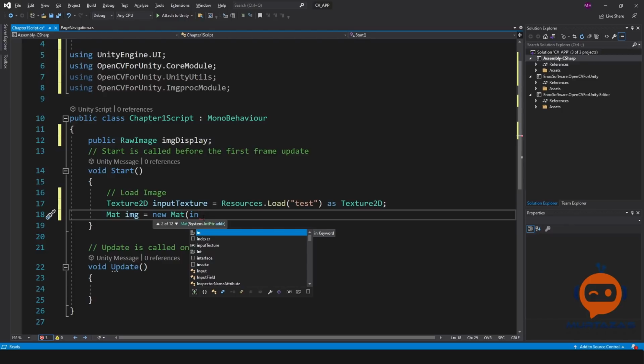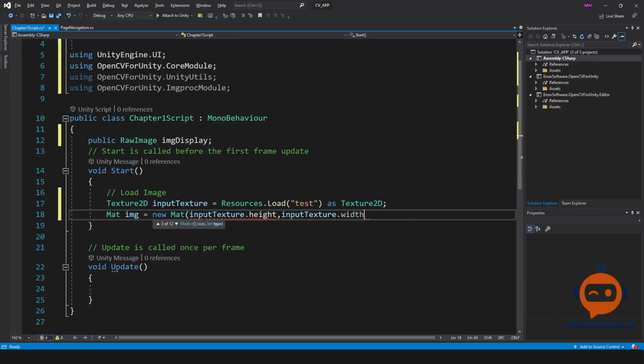So here we will write input texture, the one that we declared, dot height, and then input texture dot width, and then we are going to declare the type. As you can see here, we have the rows, the columns, and then the type. Inside the matrix, there are values, so they are asking, what kind of values are you storing? Are they float? Are they integer? So we will say that we have a CvType. I think C is capital, then V, and then Type, yes, dot CV_